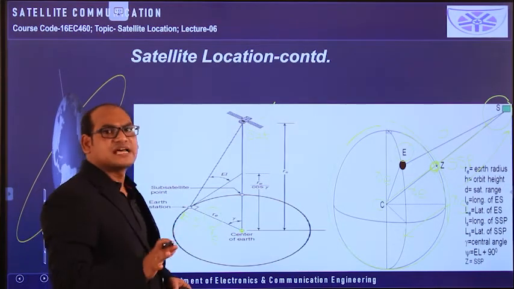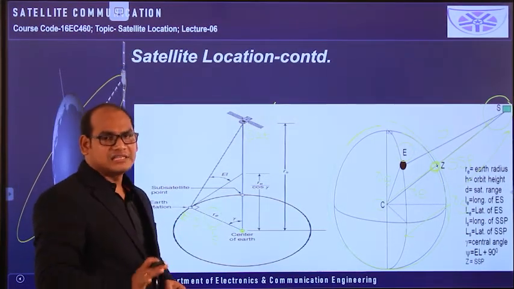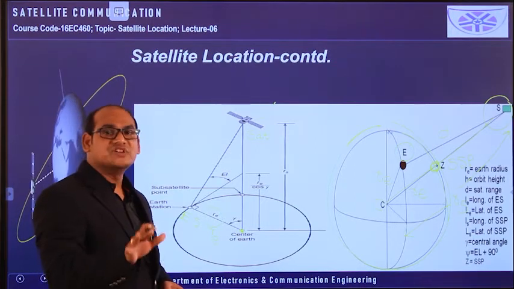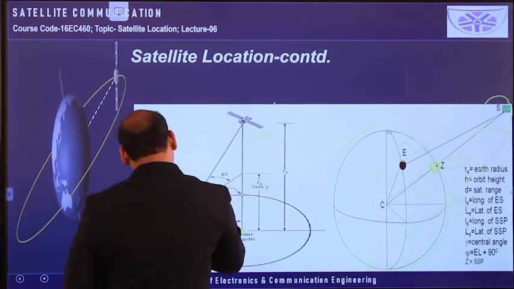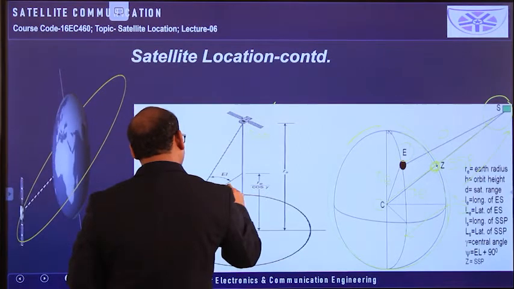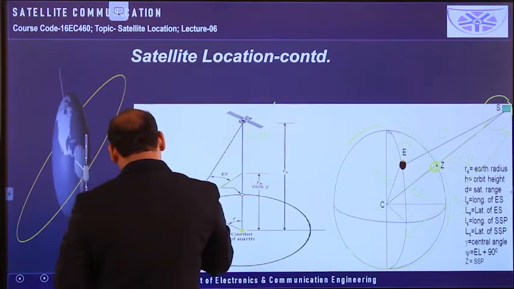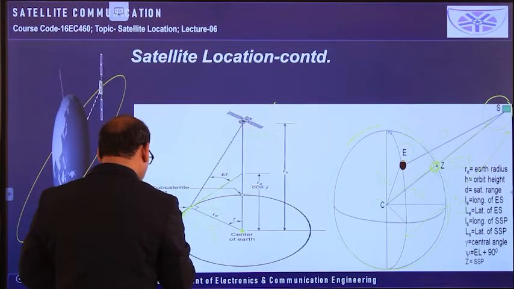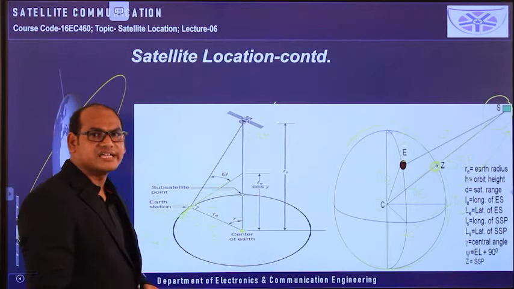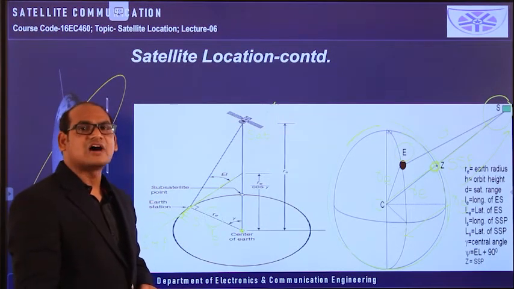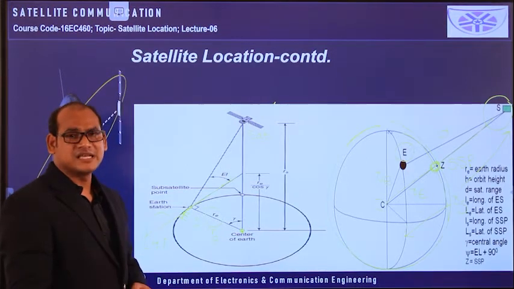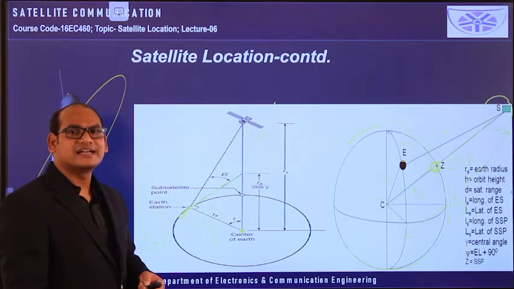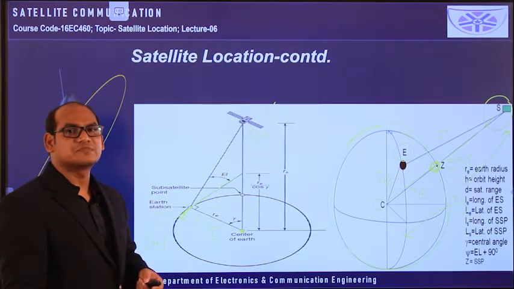And in the previous class we have seen about the local horizontal plane. The local horizontal plane is the plane which is drawn tangential to the earth station. So this is the earth station, and we have to draw a plane which is tangential to the earth station. This represents the local horizontal plane. On that local horizontal plane we have seen how to draw the azimuthal angle, and after completion of the azimuthal angle we know how to take the elevation angle. These two we have seen to look towards the satellite. That means the earth station antenna must be oriented towards the satellite to get the maximum signal transmission.